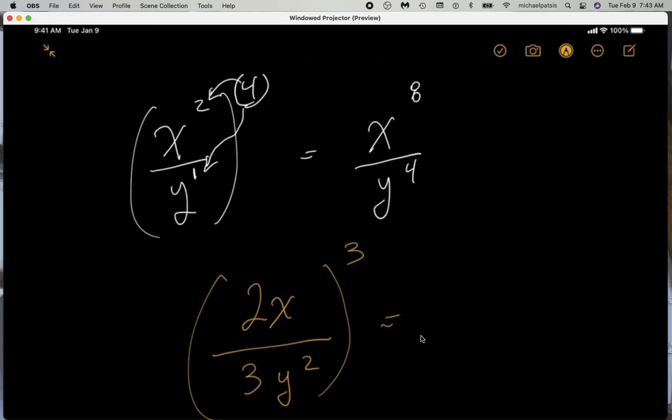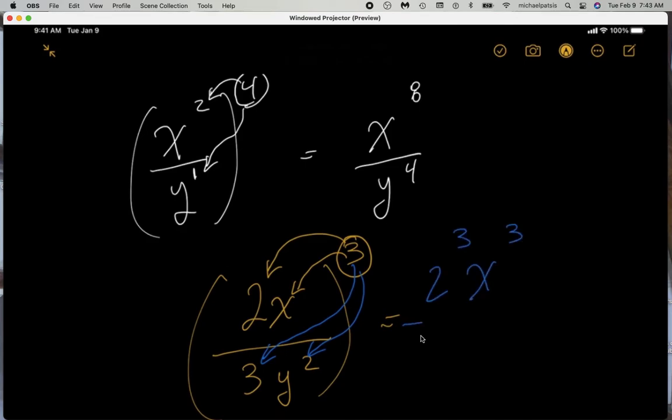So here you have to make sure you apply this exponent to both of these factors. And importantly, you have to make sure you apply it to both factors in the denominator. So you're going to end up having 2 to the third x to the third over 3 to the third y to the 6th. And then you could simplify this to